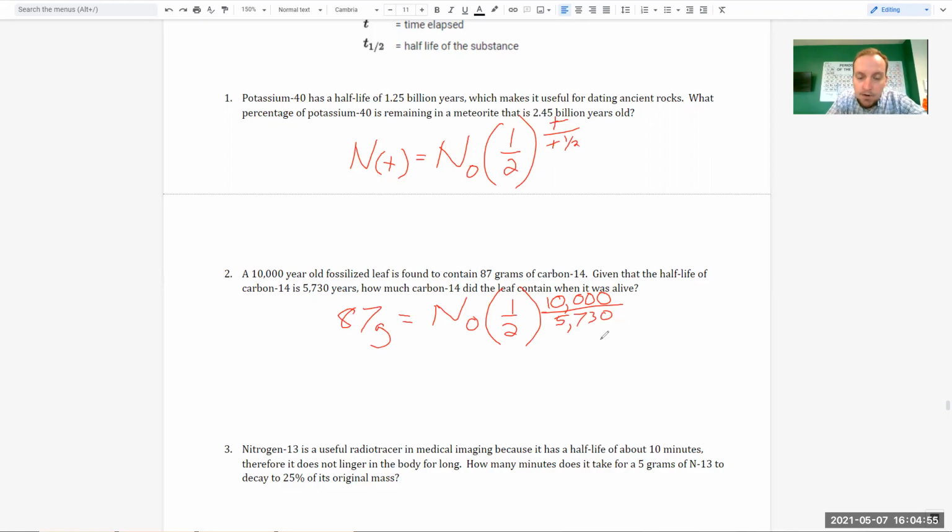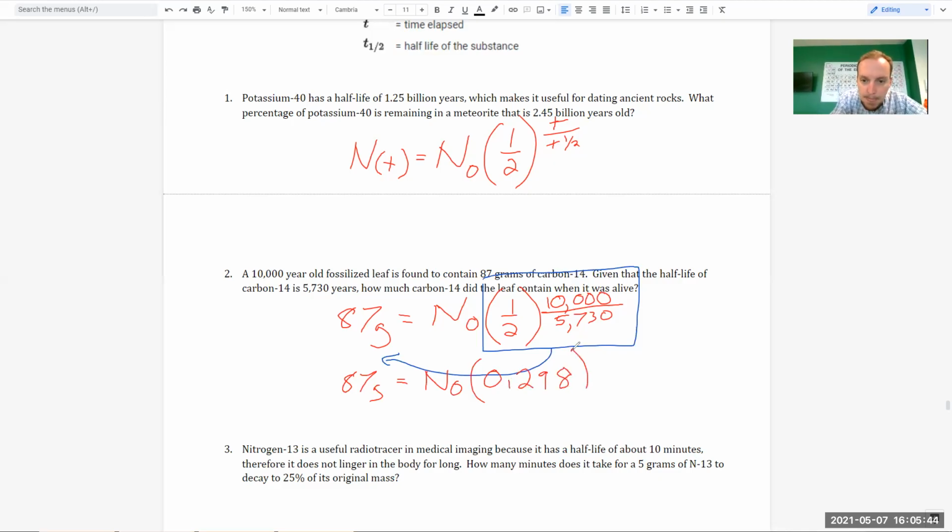5,730 years. All right, so to do this, again, don't forget 10,000 over 5,730 years is an exponent. So to do this algebraically, what I think I want to do to make this easy for me is solve this part first. Then once I have that answer, I'm going to slide it underneath here to get my N naught. So I'm going to do open parentheses 1 divided by 2 close parentheses caret open parentheses 10,000 divided by 5730 close parentheses, gives me this. So what I have is 87 grams equals N naught times